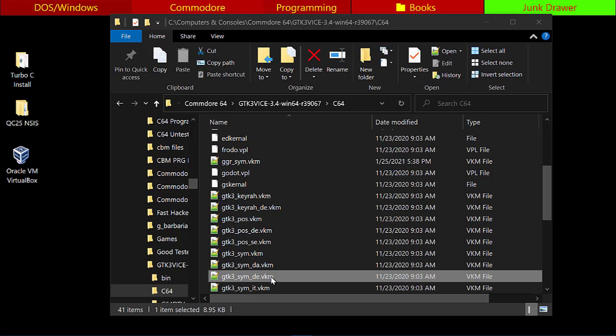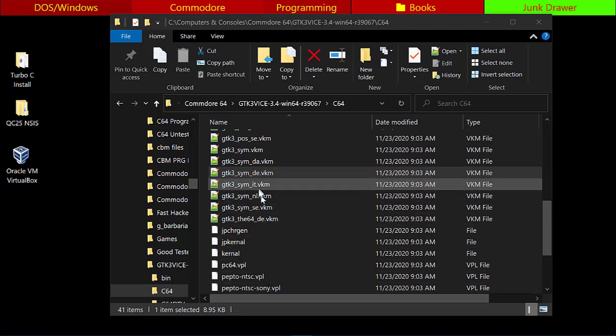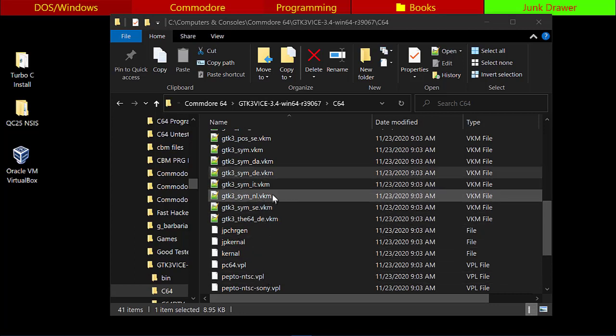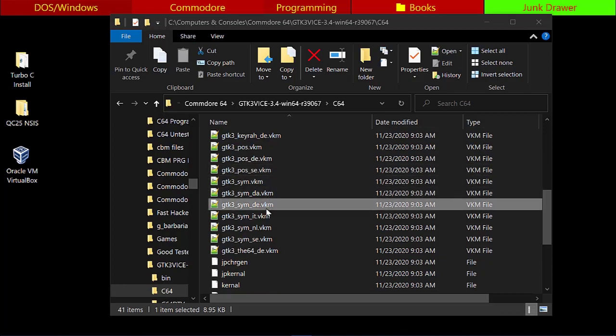But this one does have some up-to-date information, and it was up-to-date enough for me to do what I needed to do. So if there is something lacking, and there is a key that just isn't listed that you do need, you should look through these remaining VKM files to see if it is possibly in there. So I'm going to double click,